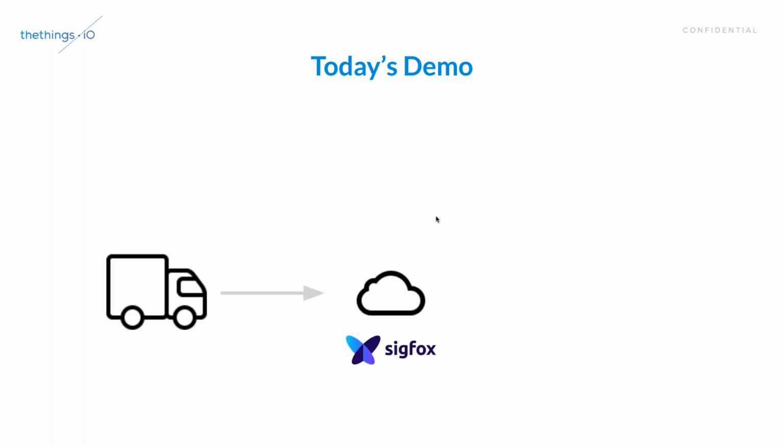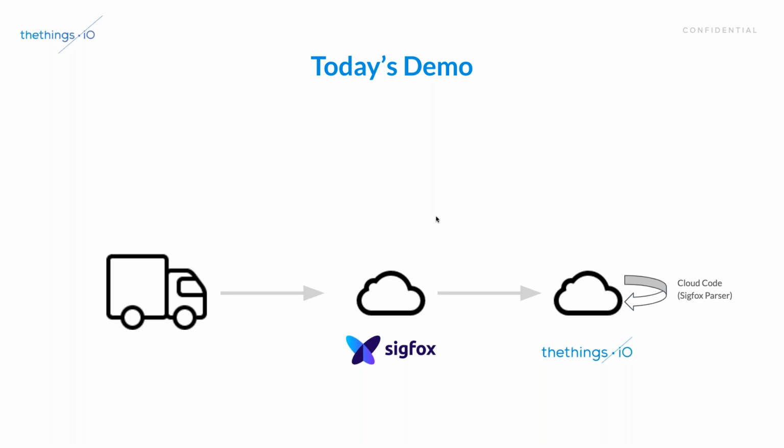So what's about today's demo? Let's imagine that we are going to connect a truck that has a button, and every time the truck stops, the driver presses the button. Every time that the driver or whoever clicks the button, this data will go to Sigfox. From Sigfox we will set up a callback that will send the data to TheThingsIO. One of the things that we do on Sigfox is that we only introduce the callback. We don't play with the data